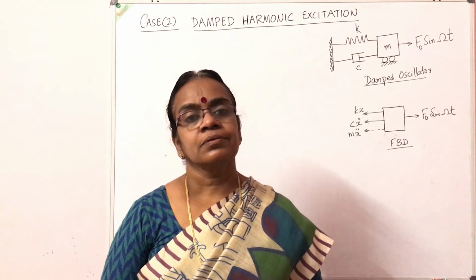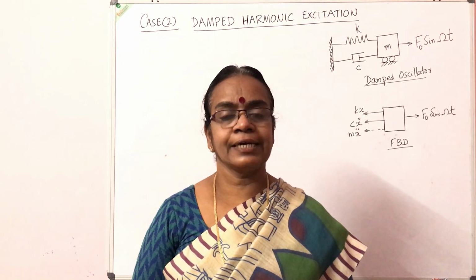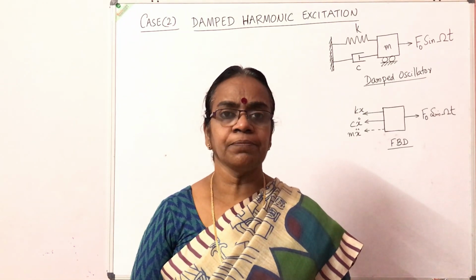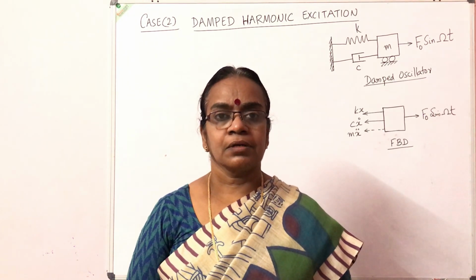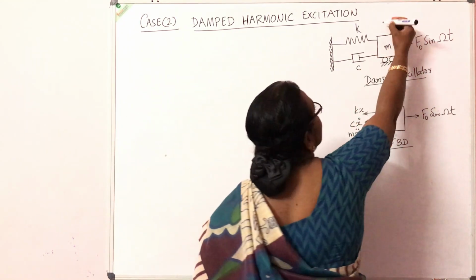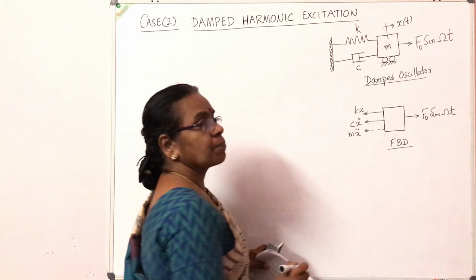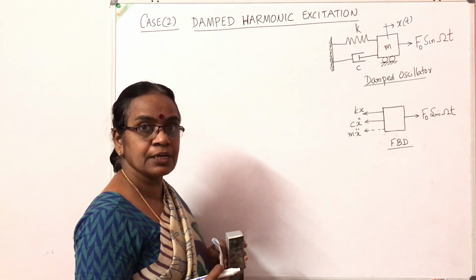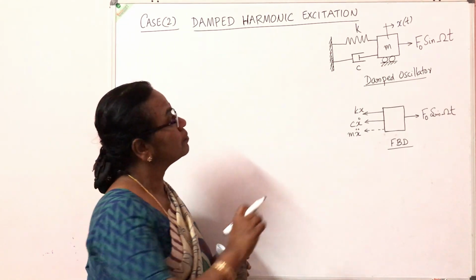Good morning. So today's session we are going to see the forced response of a damped oscillator or a structure subjected to forced harmonic excitation and the displacement response of a harmonic excitation. So here the figure shows a mass M which is on roller, so the displacement at any time x(t), it is subjected to a forcing function, harmonic excitation F0 sin Ωt, where capital Omega represents the frequency of the external source of vibration.